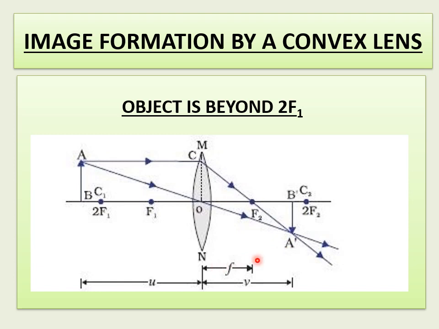And what is this F? Already we have learned in the mirror. Optic center to either of the focus is the focal point. This is first focal point and second focal point. So that gives you F. And here, what is U? U is nothing but your object distance, from optic center to your object. It is U, and from optic center to image it is V. That's what is mentioned in this picture, don't worry.